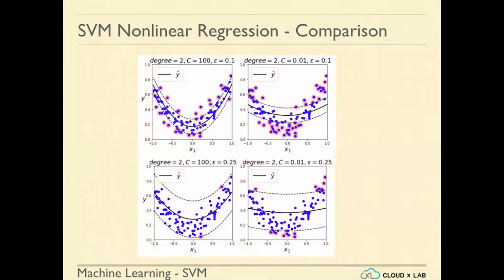Okay, so you are right, Deepak. Thank you. That's actually what is happening, and my notation with respect to C was different. Here the thickness of the street is not represented by C. Here it's represented by epsilon. And in case of regression, the meaning of C has entirely changed. So as the C goes higher,